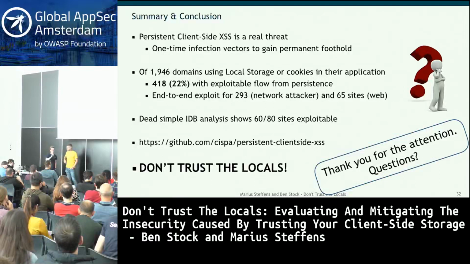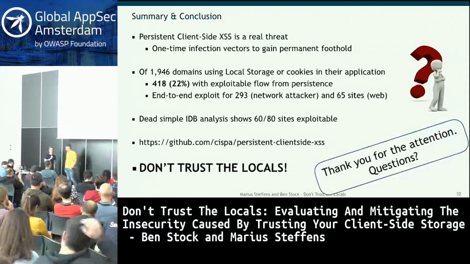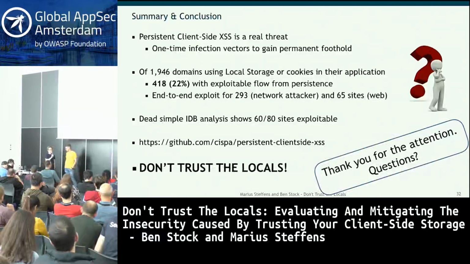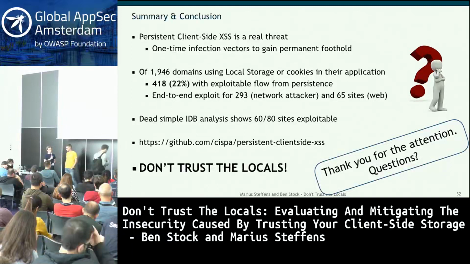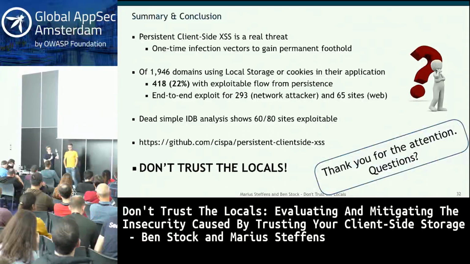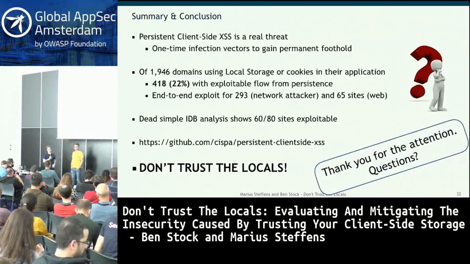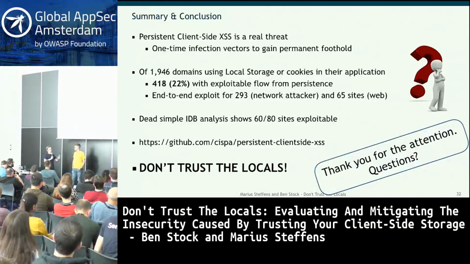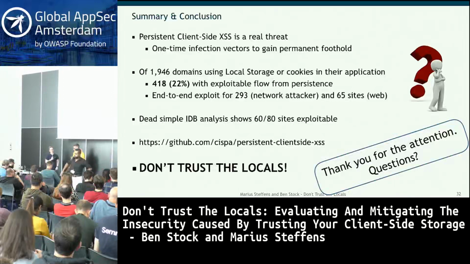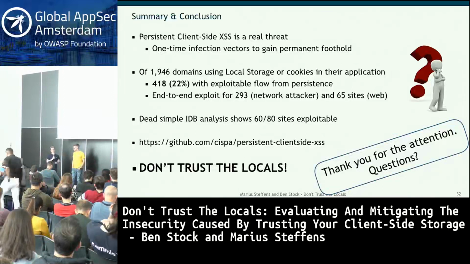There's also one thing which I want to mention. There's one thing which you can actually do, which is a header that you can send, which just eradicates all client-side storages and also kills all running JavaScript execution contexts, which is called Clear-Site-Data. So if you suspect something like this happening, just put it out there and clear all the storages of all your users once, and then you can be certain that at least if your users have visited the site and have gotten the header, the storages are integer again.